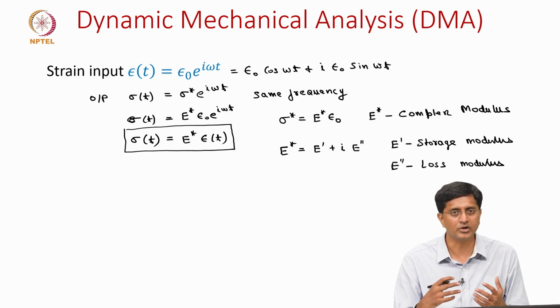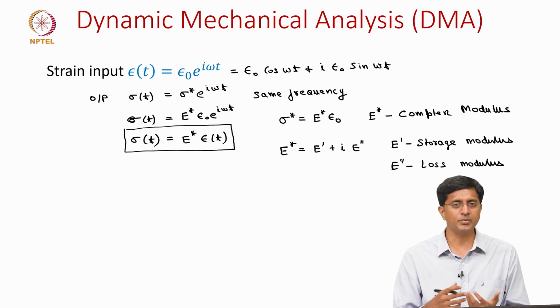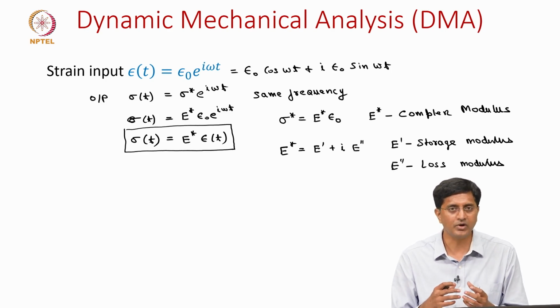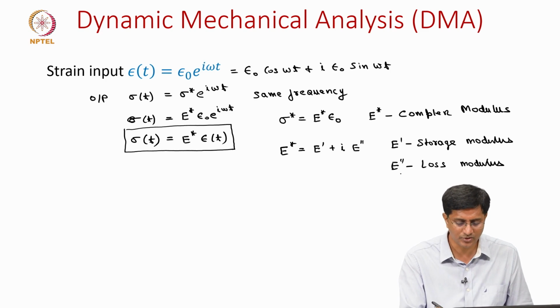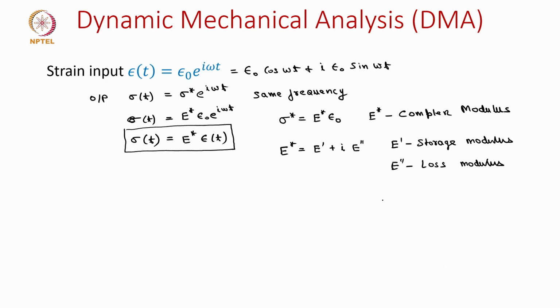Because we are talking about viscoelastic, which means viscous means there is dissipation, the amount of energy dissipated is captured through E double dash. So, let us say if D is the energy dissipated, this is given as epsilon naught